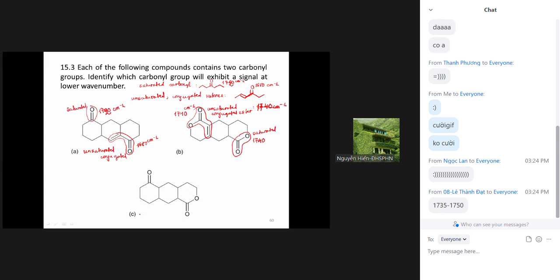Okay. In the last structure, you have two different kinds of carbonyl. The first one is in a saturated ketone, and the second carbonyl group is in an unsaturated ester. So this one should be 20 centimeters to the -1, and for ketone is about, for ester is about,